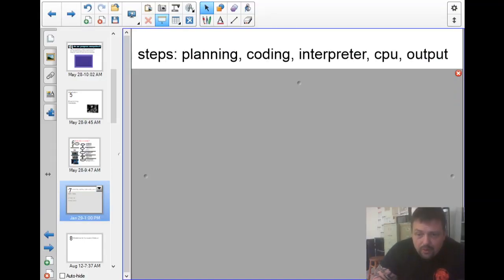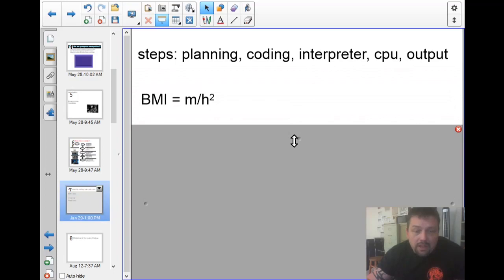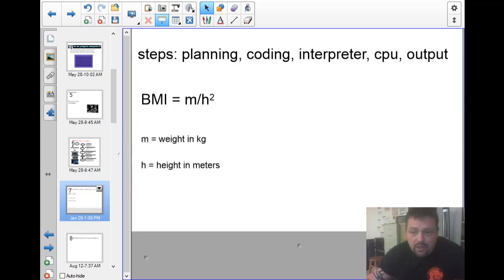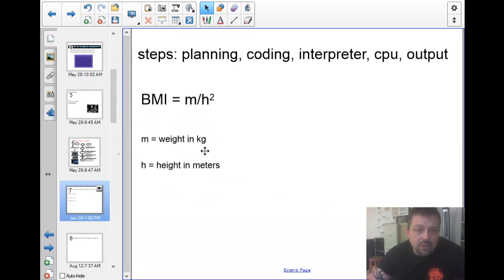All right, I wanted to run through a quick example of constructing a program using those steps we talked about. So you've got planning, coding, then sending that code to an interpreter, then to the CPU, then you get your output. So let's imagine we want to create a BMI calculator. If you look it up on the internet, which you would have to do to have this information first, the BMI is M, where M is your weight in kilograms, divided by H squared, where H is your height in meters. So, just planning,